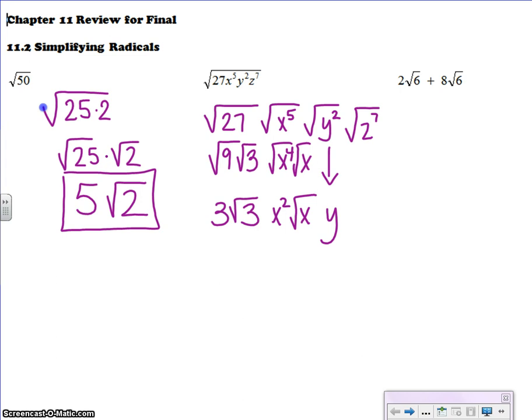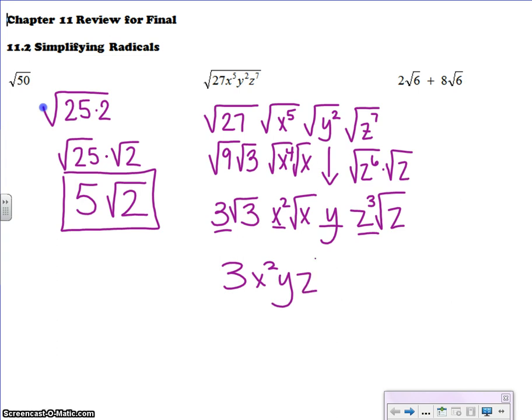When we get to z to the 7th, again we break that down to z to the 6th times the square root of z. To take the square root of z to the 6th, 6 divided by 2 is 3, so we have z to the 3rd, square root of z. Now, this answer is all right, but this looks like a disaster. So everything that's on the outside stays on the outside, so 3x squared y, z to the 3rd, and then everything that's inside of the square root will stay underneath the square root, 3xz. We look underneath the square root sign, there's nothing else that can be simplified, so